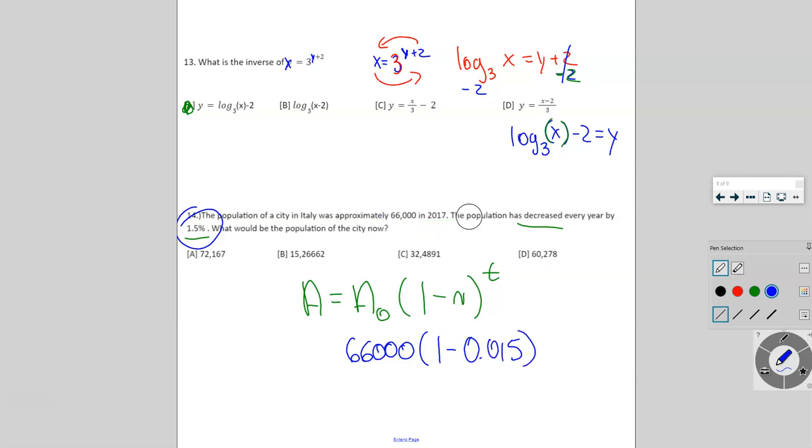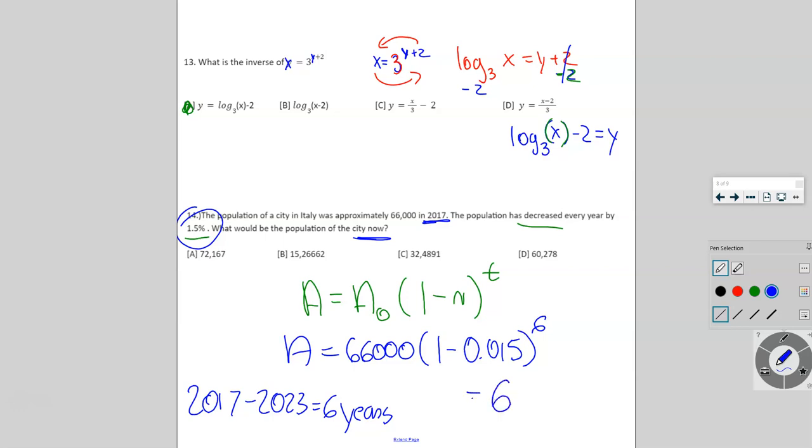And we also know the time. What is the time here? The time says in 2017 till now. So 2017 to 2023, which is 6 years. Now, if you put it all into the calculator, you should get 60,278. All right, which is answer